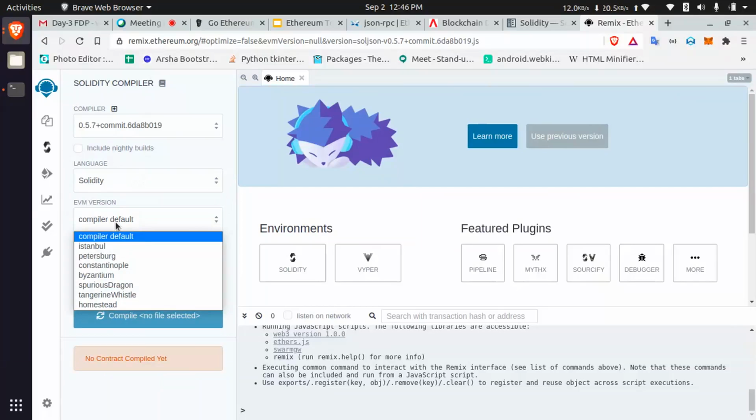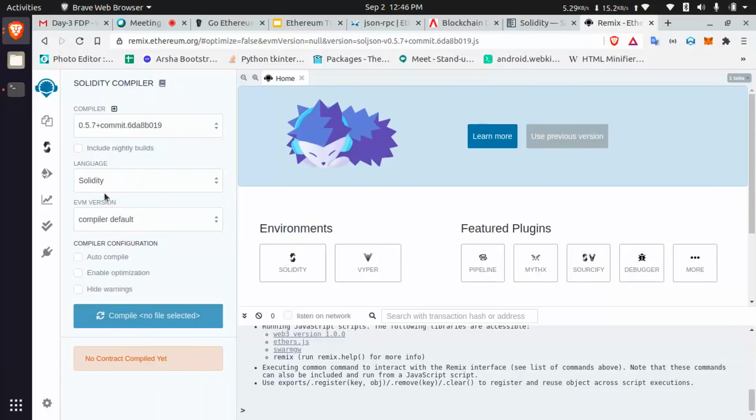The Ethereum versions like Byzantium, I think in the first session Mr. Balaji sir will explain what Byzantium is, and these compiler details. For this compiler, it will automatically take the compiler version. You don't worry about it. While typing any contract, it will autocomplete. Enable optimization means it will optimize your code, like if there are extra spaces or extra content, it will compress your code. This is the same as in every code editor, like hiding warnings.